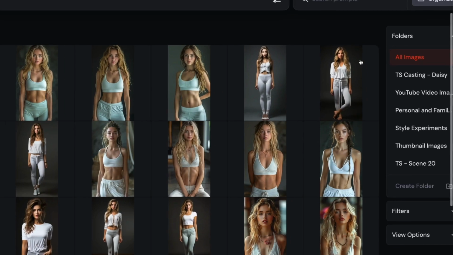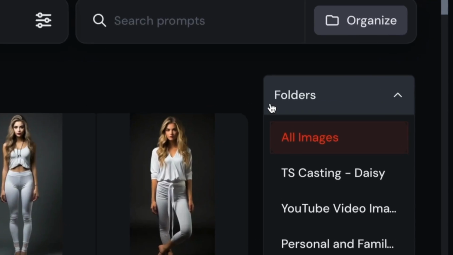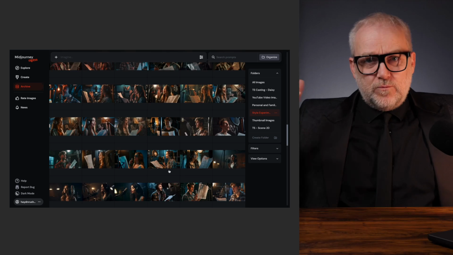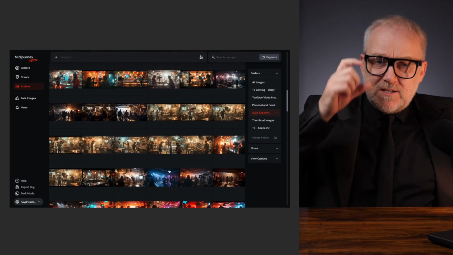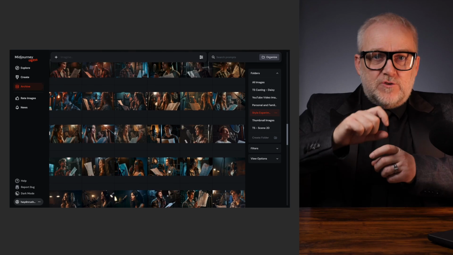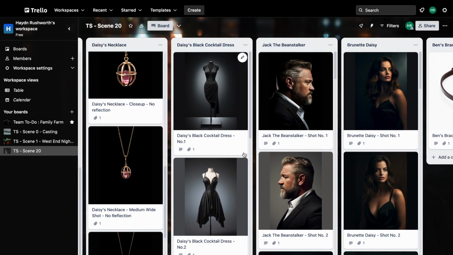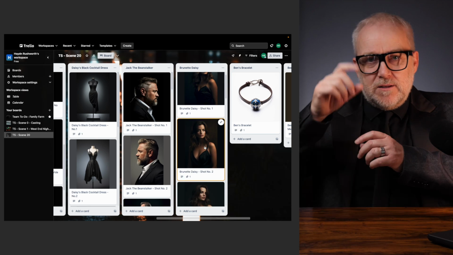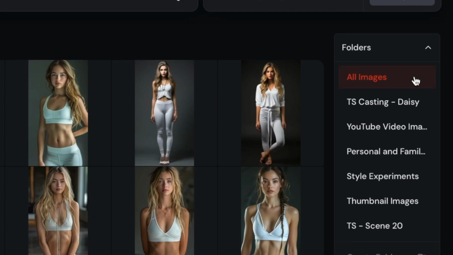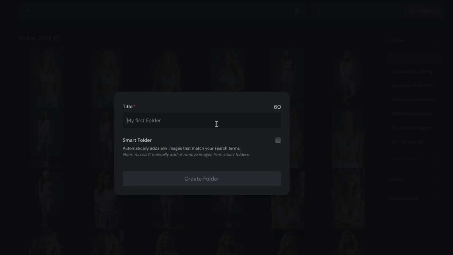It's got this brilliant folders feature. Now that's really, really important because when you create a lot of images, you quickly get cluttered up and lost with where all your images are, and trying to reference them is really hard. Previously I was just dragging and dropping into Trello. I'd take the images into Trello, I'd make a reference of the URL and the prompt, and well, you don't have to do that now. Now I can just create a folder inside of the Midjourney alpha website, and it's very, very helpful.